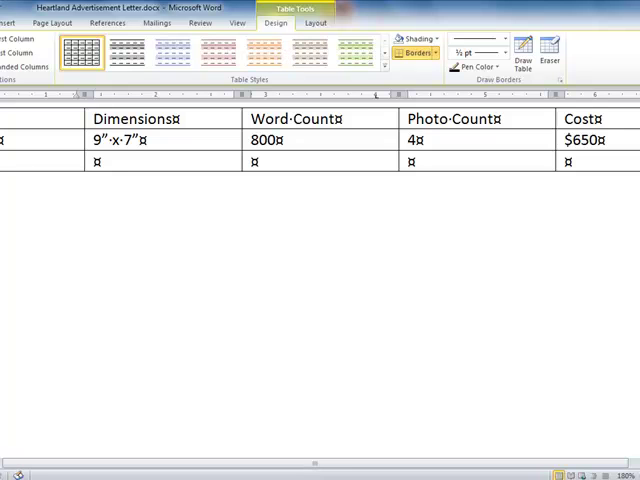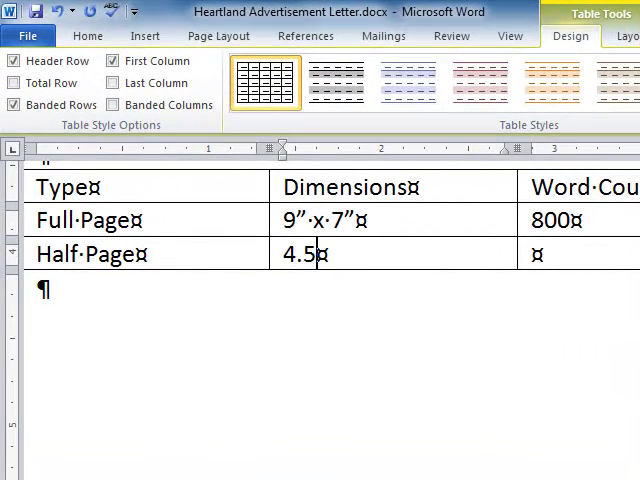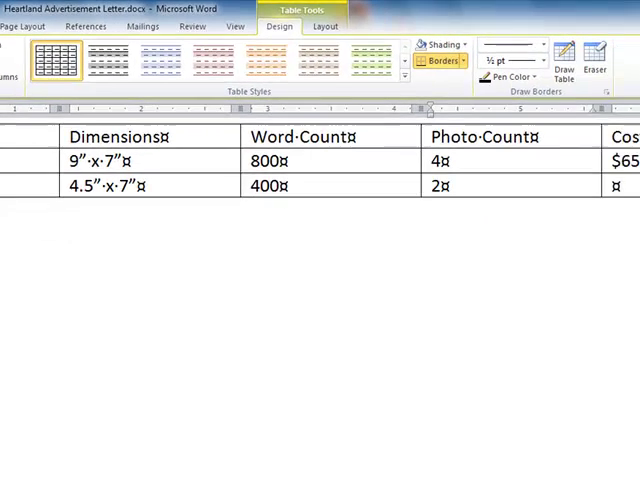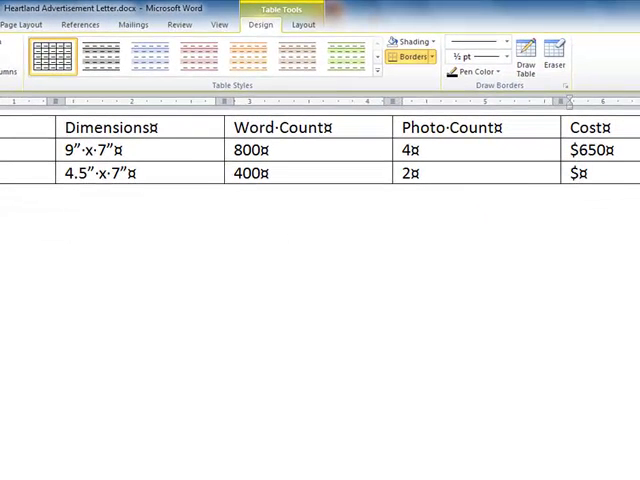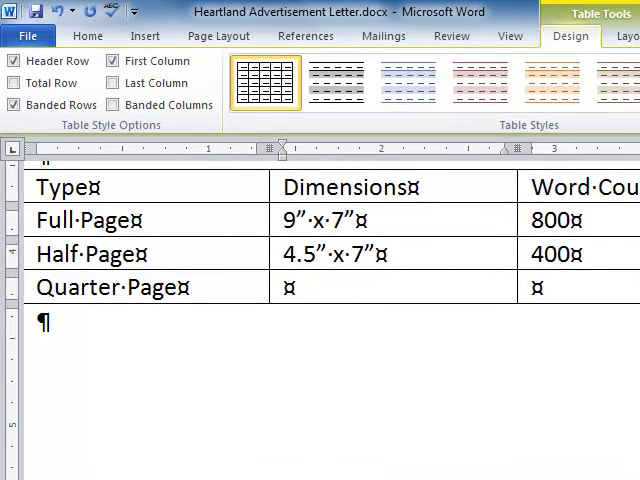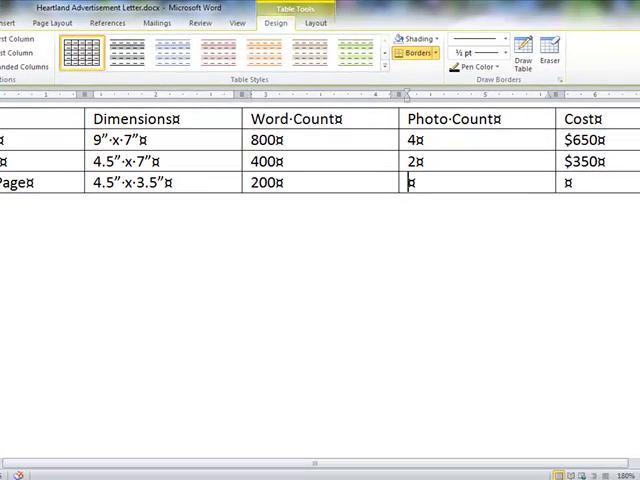And then our next one is going to be a half page, and the size on that is going to be 4.5 inches by 7 inches, and our word count on that is going to be 400, and our photo count is going to be 2, and our cost on that one is going to be $3.50. And then we're going to do a quarter page, and the size on that is going to be 4.5 inches by 3.5 inches, and the word count is going to be 200, and the photo count is going to be 1,